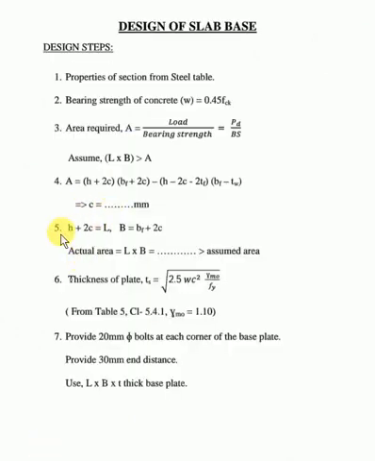Then in step number 5, we will find out the length of the base plate, H plus twice C, and B equal to BF plus twice C, and in this way we will get the length and breadth. So we'll find out the area by multiplying length into breadth, and this should be greater than this assumed area. Then in step number 6, we'll find out the thickness of the plate as per clause 7.4.3.1 of the IS code, which is on page number 47.